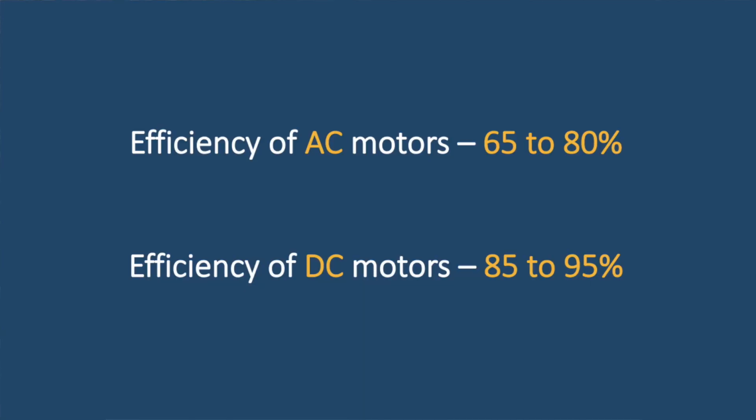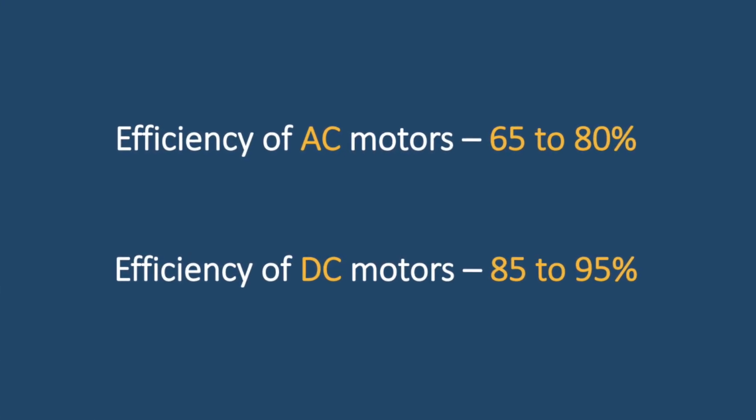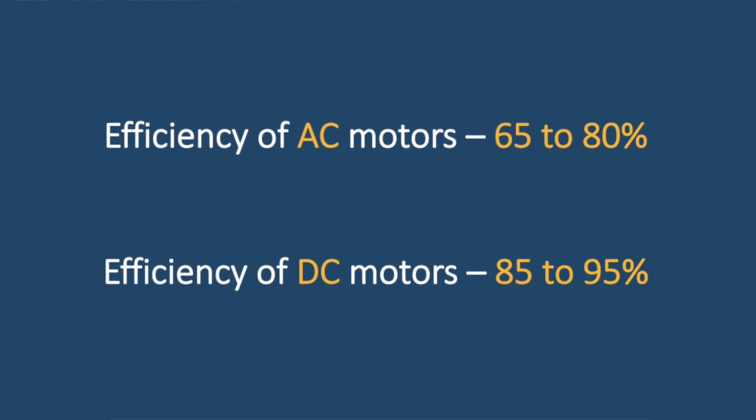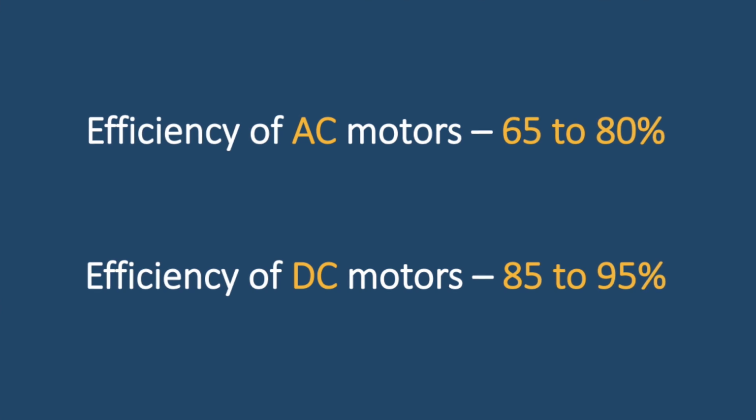And the motor can be an AC motor which runs on AC power, and the motor can be a DC motor which runs on DC power. So motors that are AC based, their efficiency is about 65 to 75%. And the motors which are DC based, their efficiency is about 85 to 95%. Which means that the DC motor will require less power and less energy to do the same job output. As a result, if your air conditioner is based on DC power, it will be consuming less energy. If your refrigerator is based on DC power or the DC machine, it will be consuming less energy.